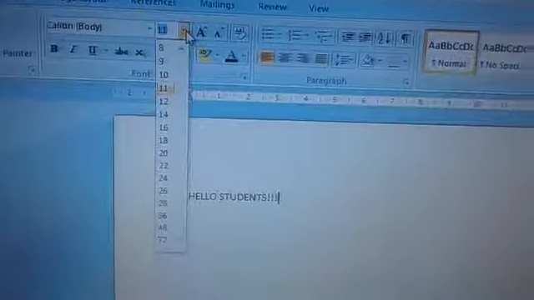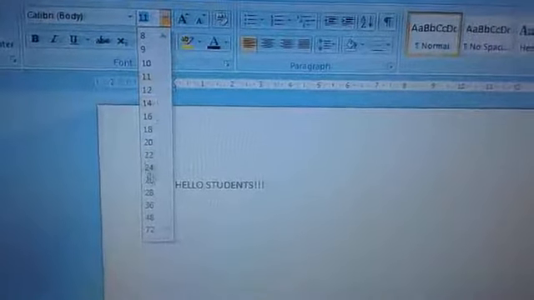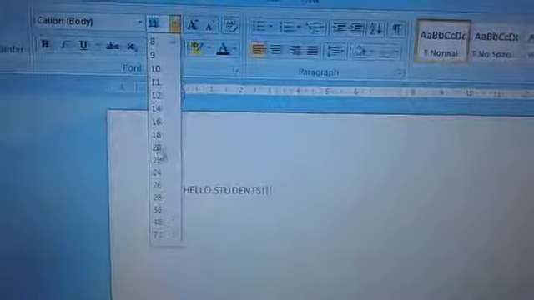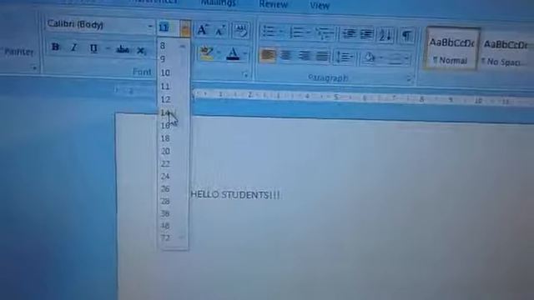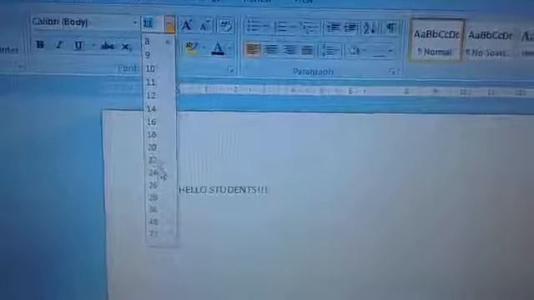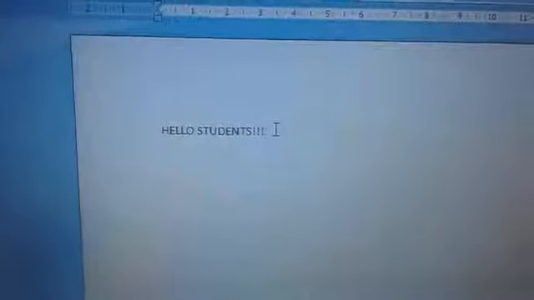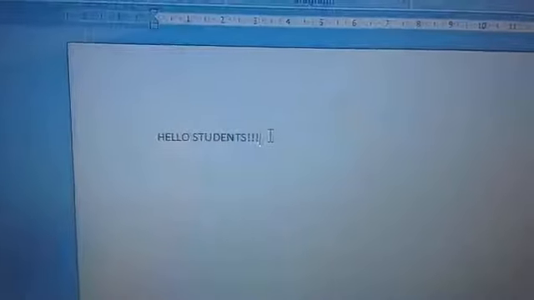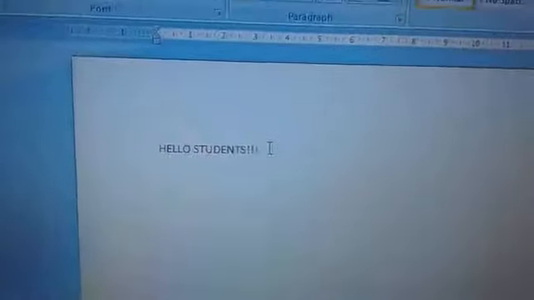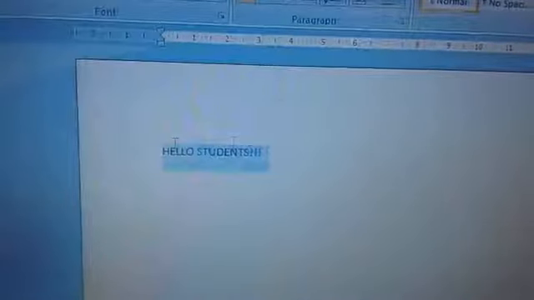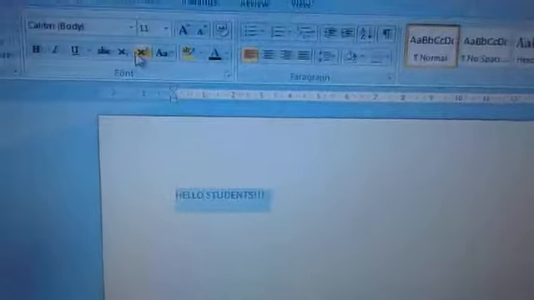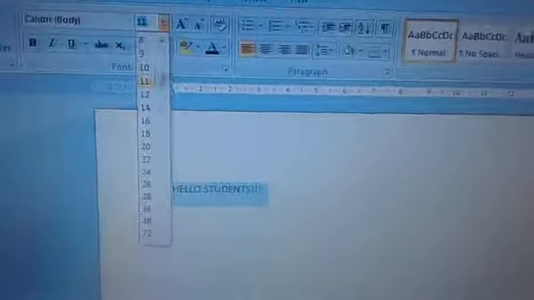On clicking this arrow, you will get a scale given here. Different numbers are given. Bigger the number, bigger will be the size. I will show you. Say this part, hello students, I want to change the size of this. Let me select the text. I'll click here.